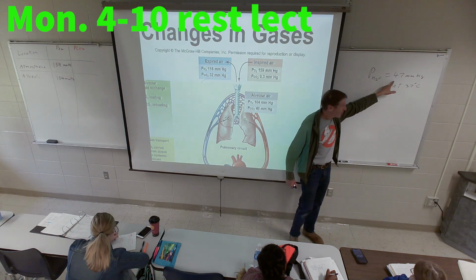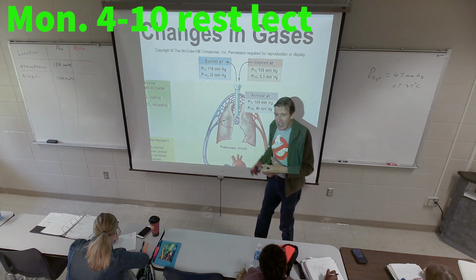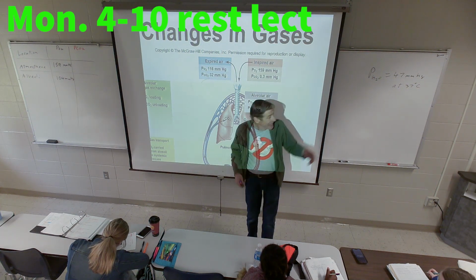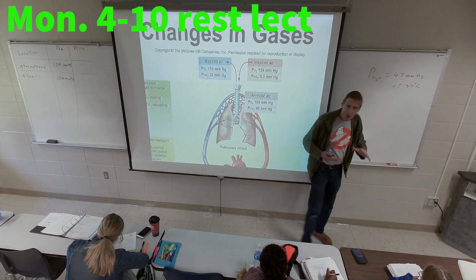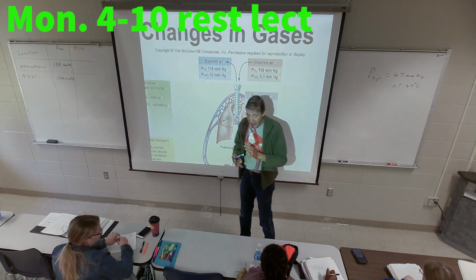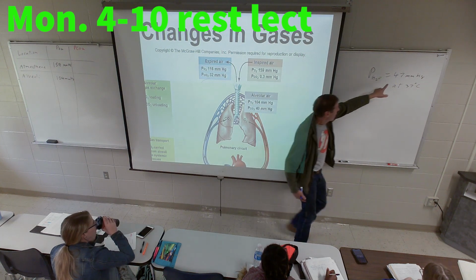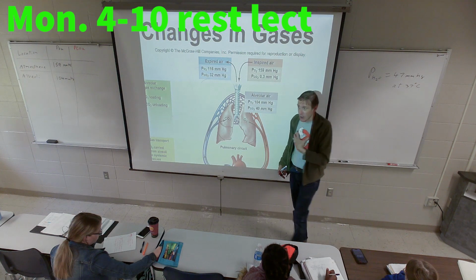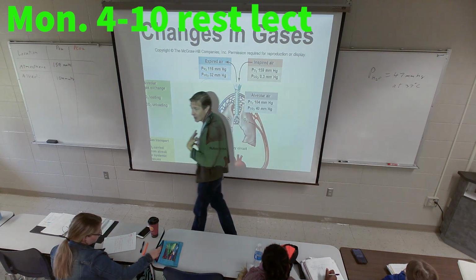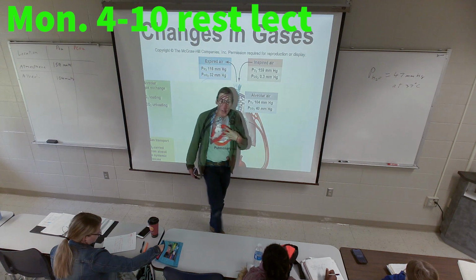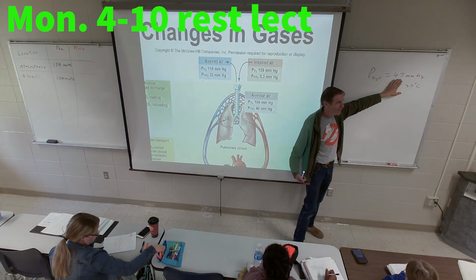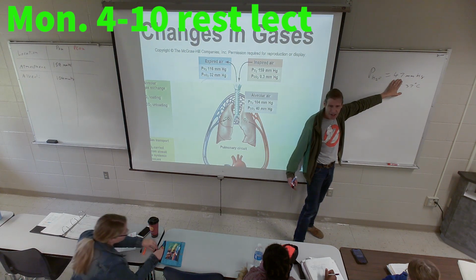The reason this is interesting is that with most other gases we've looked at, if you change the atmospheric pressure, you of course change the partial pressure, right? Oxygen, CO2, nitrogen, that's true. That is not true of water vapor. As long as you have gas that has 100% relative humidity, that is, it's saturated, water vapor pressure is only dependent on the temperature. So at 37 degrees Celsius, which unless you're dead your body's going to be, the water vapor pressure is always 47 millimeters of mercury. Now, at sea level, is that a big deal? No, 47 out of 760 millimeters of mercury is not a huge fraction.